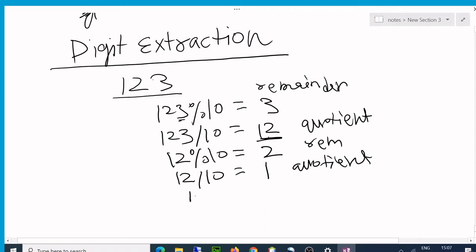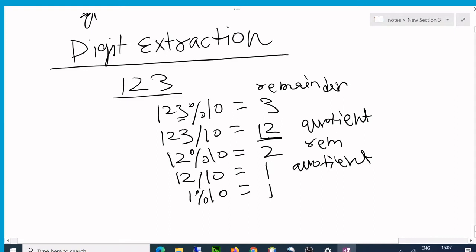So what will I do? I'll say 1. What is the remainder now? Guess. First of all, it cannot come in points. The reason is I'm dealing with integers. I'm not dealing with floating point types, double and float, and computers are dumb. If you are not going to tell them what you have to do, they will not do anything. So the computer understands that this is an integer division, so it's not going to give you any value in points, so it cannot be divided any further.